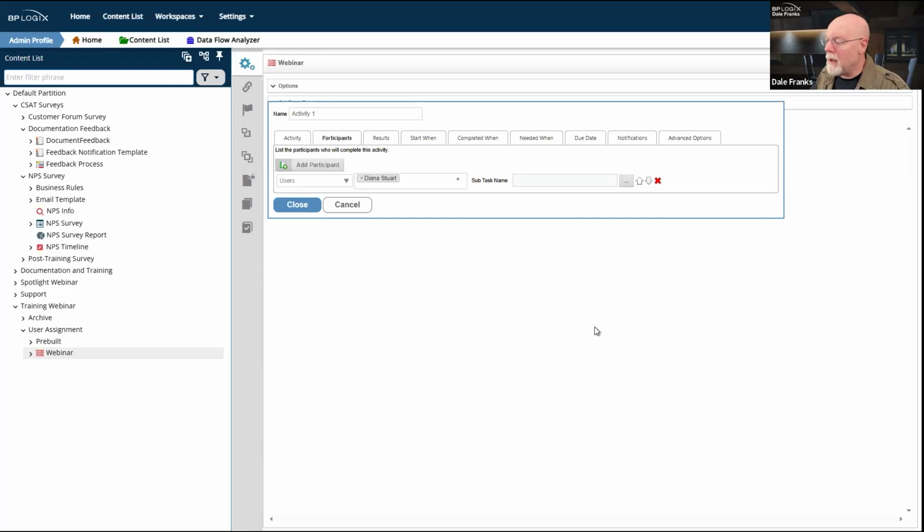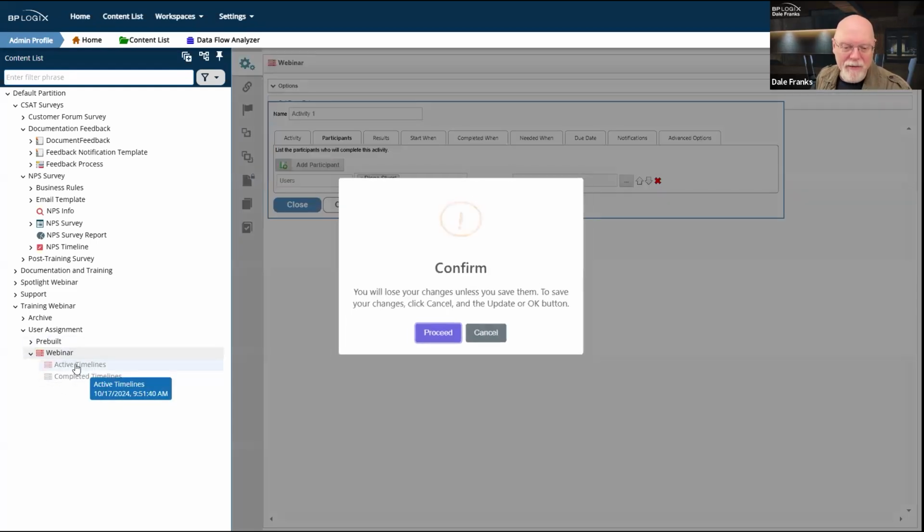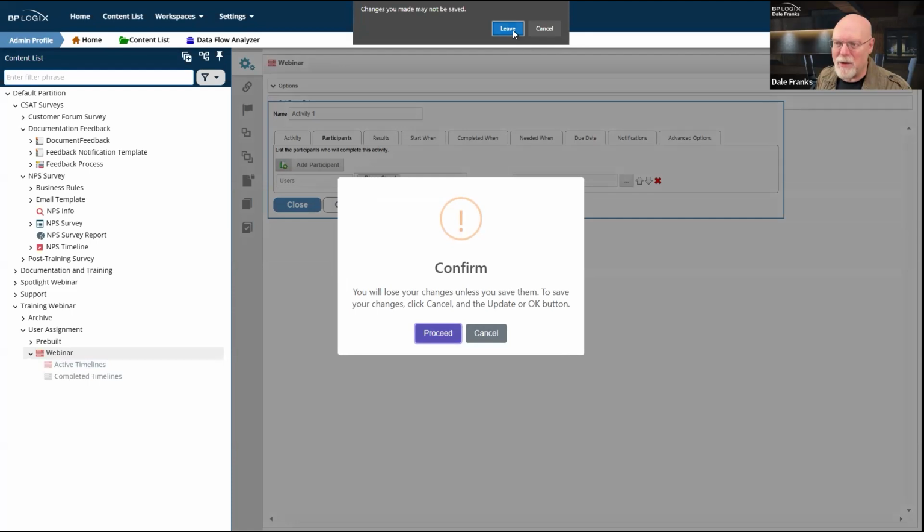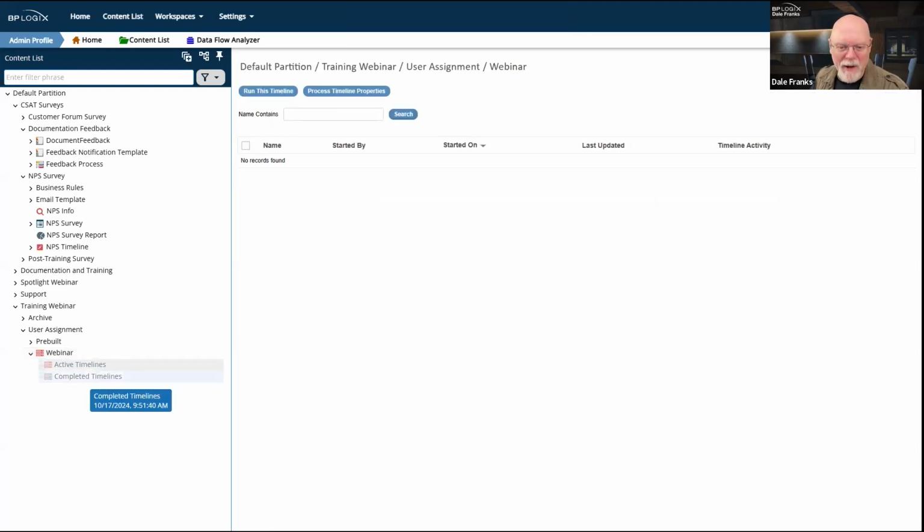It would be nice if I could go in, but I don't have any instances of this timeline since it's a brand new timeline, so I'm pretty sure it's never been run. I probably could go in and find one, although it wouldn't do me any good because there's no method whereby I can look at all of the active timelines and magically restart that activity one in all of them as some sort of group thing.